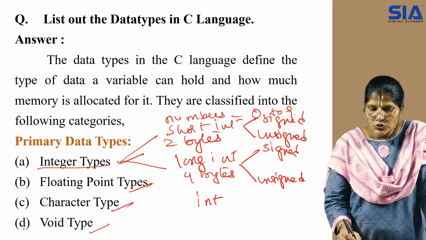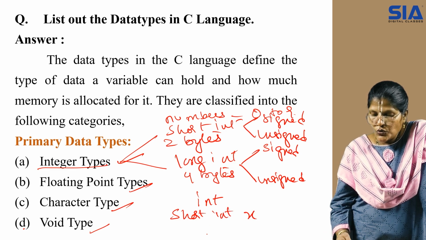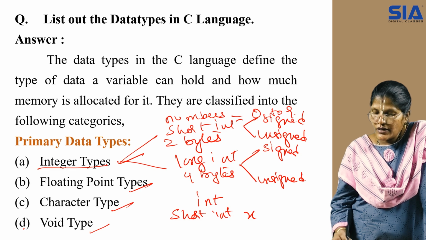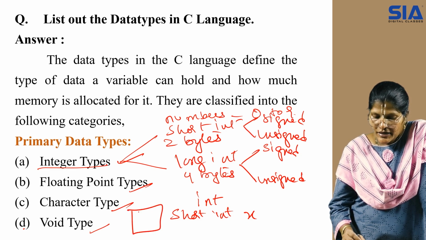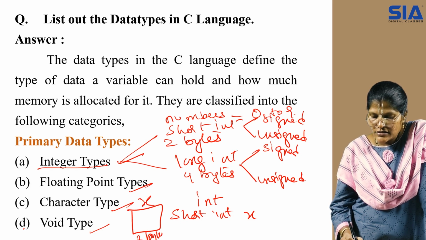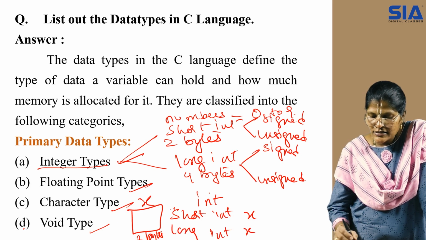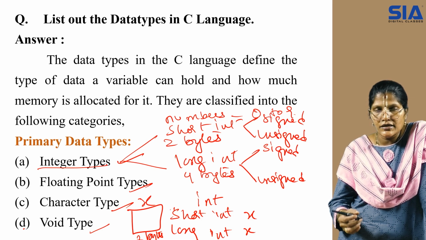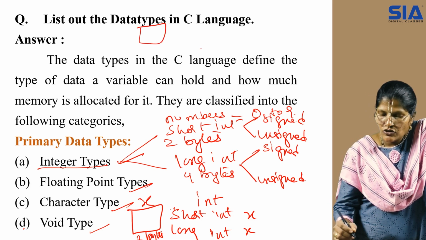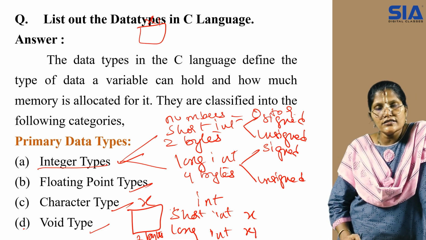Now, when we talk about 2 bytes, that is when I am giving it as short int x, that means you please reserve the memory space for x with a memory of 2 bytes. That is, x is having 2 bytes of memory reservation. Now, when you are saying it as long int, that means you are telling the compiler to reserve 4 bytes of memory space for x1. That is, x1 is a long integer and x is a short integer.